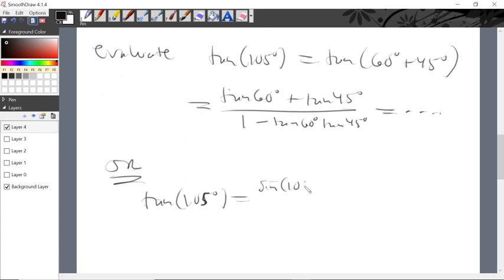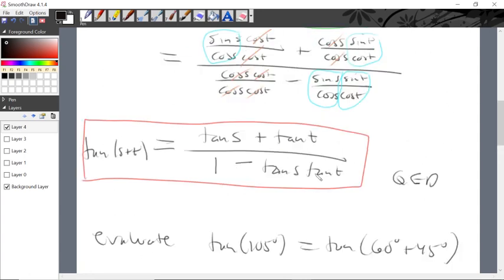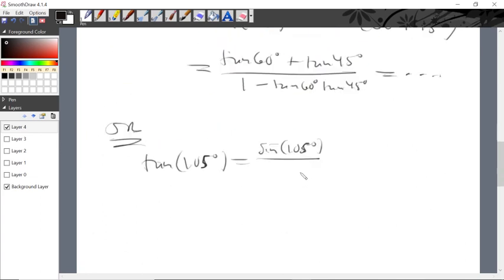This way you don't have to memorize the tangent formula specifically. Now, you need to be able to prove a formula. If you're given an identity, prove that it's true. So this is good exercise to prove it. But if you need to actually use the identity, for the tangent, for instance, you could instead use the